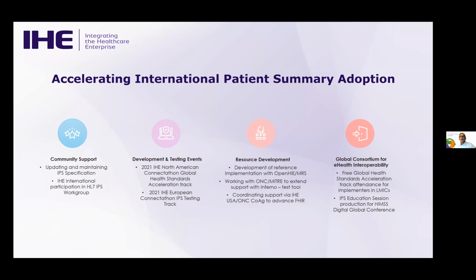They've developed an open source test tool called Inferno, which supports the US certification program, but we've been working with them via IHE International to make that tool extensible to support IPS validation. So again, we're looking to see where we can connect the dots to extend resources,